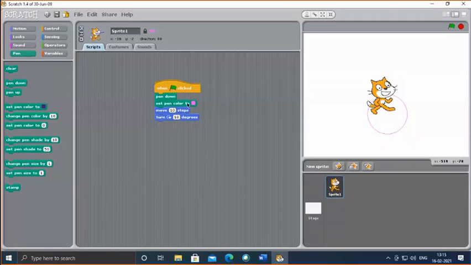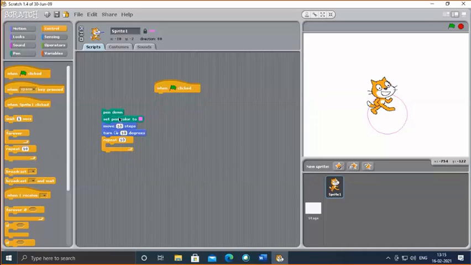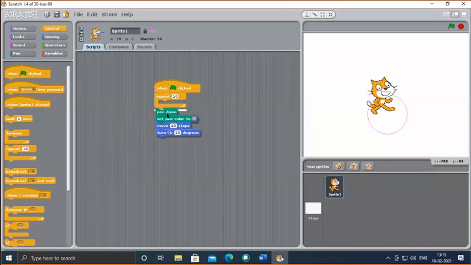So now I want these scripts to be executed again and again, isn't it? So instead of clicking the green flag number of times, you can use repeat script. For repeat script, go to control block. Okay. From here, bring this repeat script here. Okay. And all these scripts should be put inside this repeat block. This way, then attach these here. Can you see?